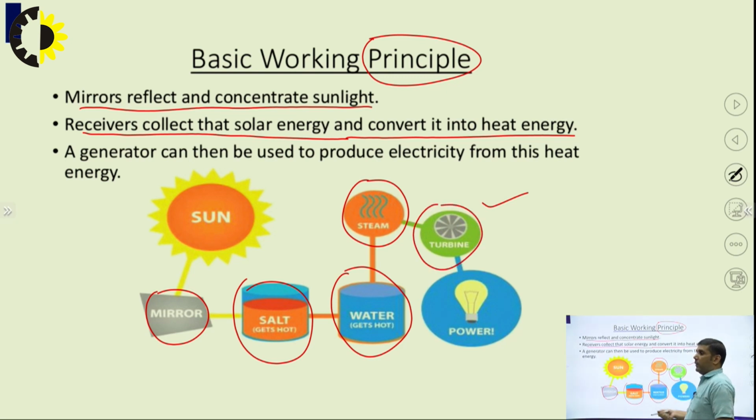and basically those turbines convert the steam into electrical energy, and we get the power as per our requirement. So we can use this power for residential purposes or for commercial purposes. But the point is, when we require it for commercial purposes, then the power requirement is in megawatts, you can say. But when we require it at home or for general purposes, we require it in kilowatts. So high power is required for running the industries. So this is the basic working principle of solar thermal power plants.